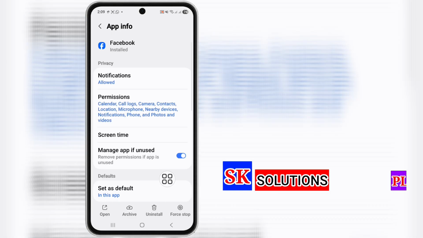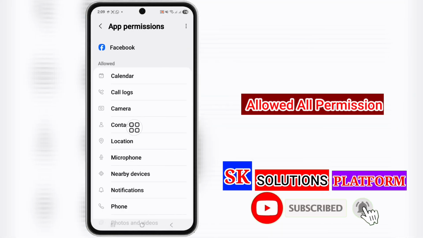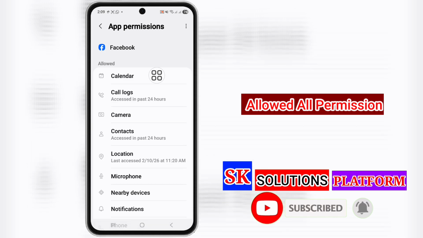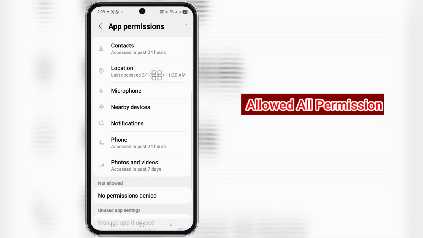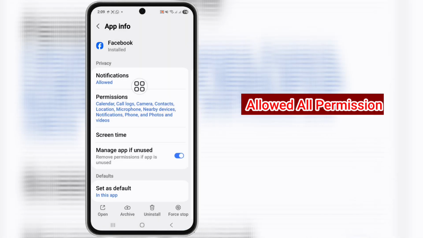Delete. Okay, go back. Now tap on the permission option and allow all permission. Calendar, call logs, camera, contacts, location, microphone, nearby devices, notifications, phone, photos and videos. Allow all permission. Okay, go back